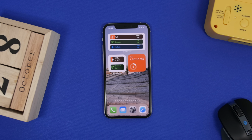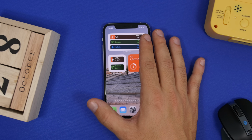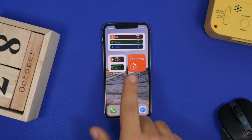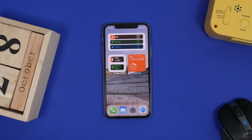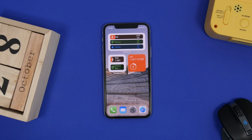So you can see here we have 3 different widgets. It offers a ton. I believe there are like 10 different widgets that this app has to offer, and of course you will have all kinds of different information right here. So at the top right there we have a 2x2, 2x4, which shows you the walk, exercise, and hydrate. These are 3 habits that I have added to the app, and it will show them right here. Then on the smaller one, we have just 1